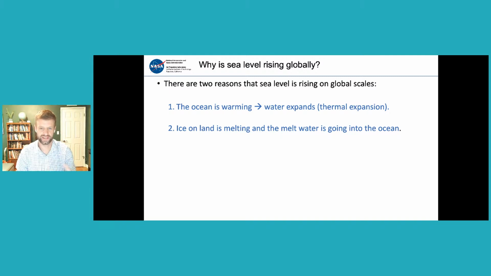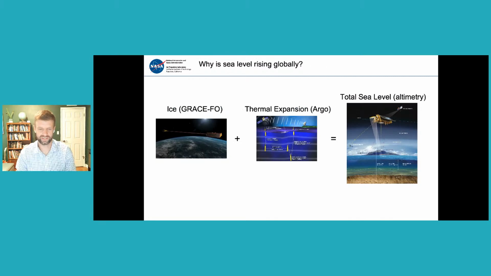And if we're talking about understanding how sea level may change in the future, it's really important to understand these 2 processes really well. And that's where the NASA observations come in and what I want to talk to you today about. So we measure ice, thermal expansion, and what I'm calling total sea level separately. And we can basically assess this equation with our observations. How well does the combination of the ice contribution to sea level rise, the thermal expansion contribution to sea level rise, add up to what we're calling total sea level, which we measure with a particular satellite? So we can assess how well we understand these processes that are causing climate to change.